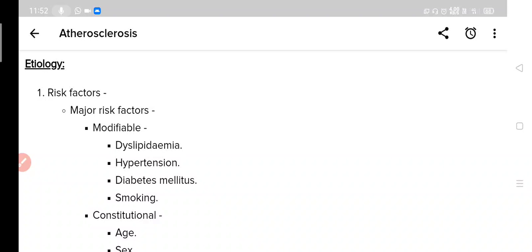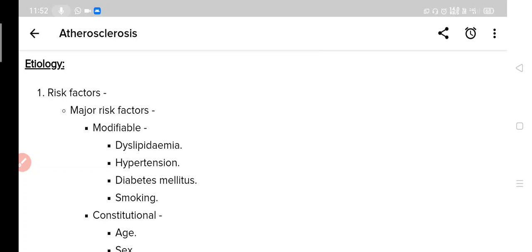What is the meaning of risk factor? Risk factor is not cause. Cause is a different thing, and risk factor is a different thing. Cause will always lead to a disease, but a risk factor may or may not. If a cause is present in the body, you can be assured that there is a disease. But you cannot say the same for a risk factor. A risk factor may be present without any disease. Risk factors increase the chances of getting a disease, but not necessarily.